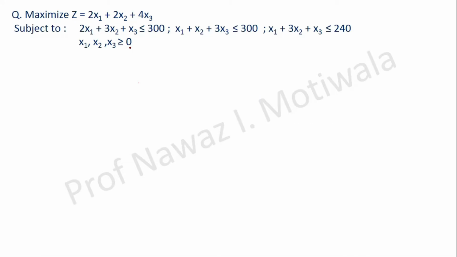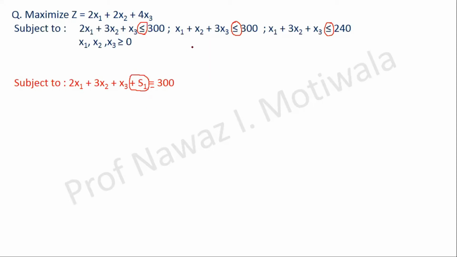So for any linear programming problem to be solved by the simplex method, the first step is to convert all these inequalities, that is less than or equal to or greater than or equal to, into equalities by adding slack variables. So let us start with that. My first equation becomes 2x1 plus 3x2 plus x3 as it is. To remove the inequality sign of less than or equal to, I have added a variable, plus s1, and this has now become equal to.